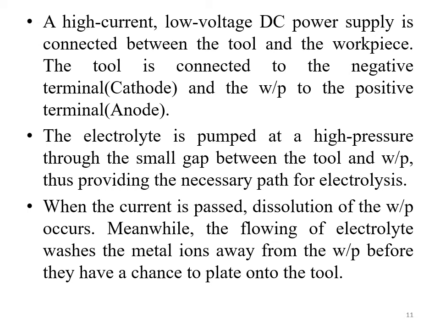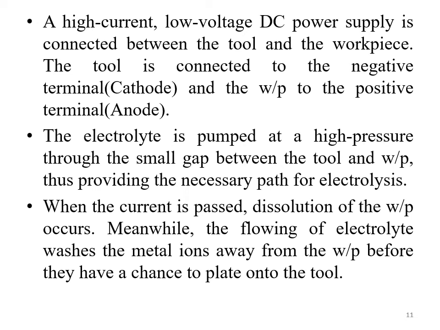A DC power supply with a very high current and low voltage is connected between the tool and the workpiece. The tool is connected to the negative terminal, that is the cathode, and the workpiece is connected to the positive terminal, that is the anode. The electrolyte is pumped at a very high pressure between the small gap of the tool and the workpiece, so that it can flow